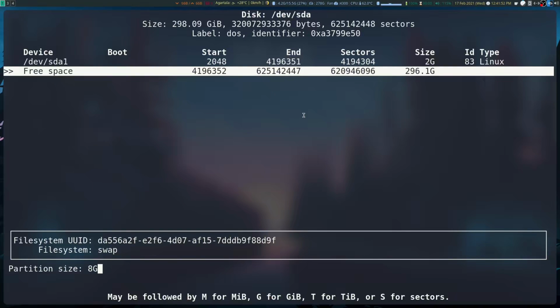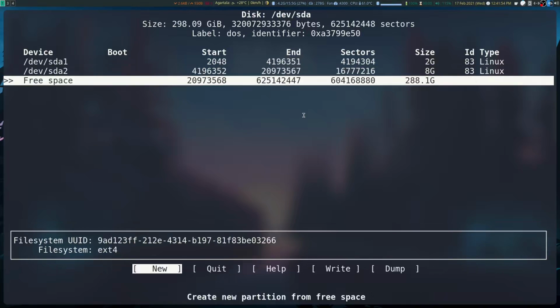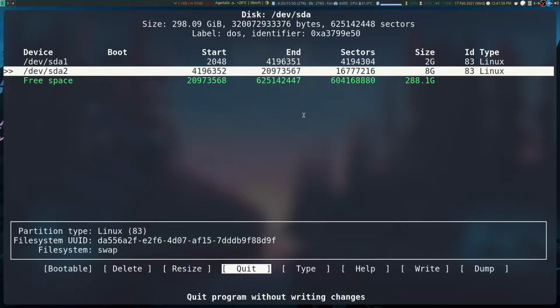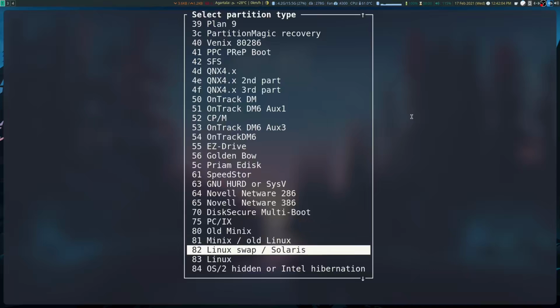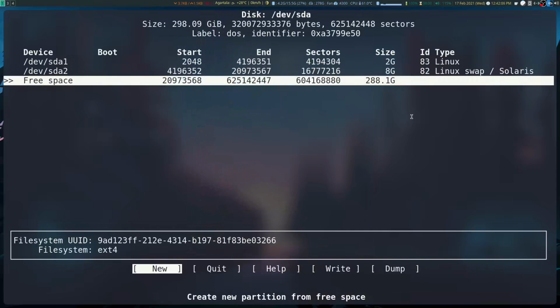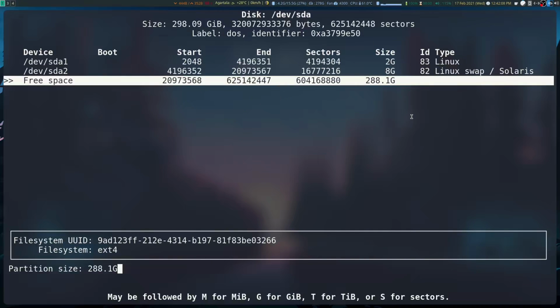Okay, so let's click on enter, and here it's primary partition. And one thing I forgot, here you can see your type. This type will not be Linux, this will be Linux swap. And here let's click on new, and this will be the whole hard drive which I am going to create